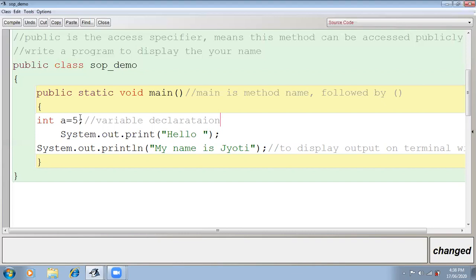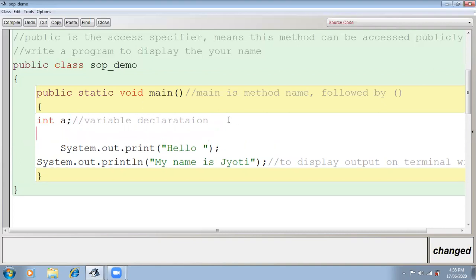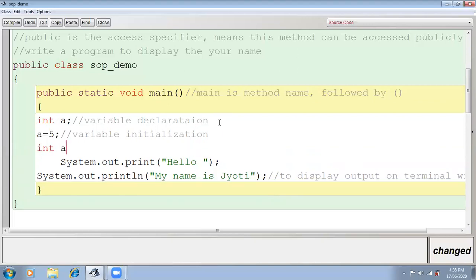Variable declaration and initialization. If I'm writing int a equals to 5, it is the variable declaration. Now, if I'm writing a equals to 5, then it is my variable initialization. Now, for both statements I can write int a equals to 5 like that also.